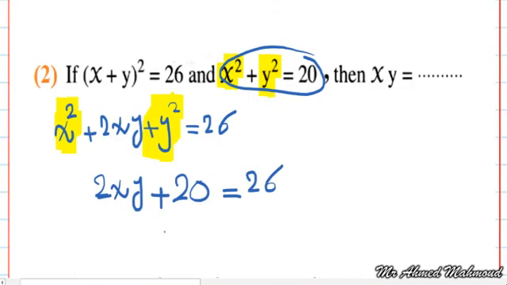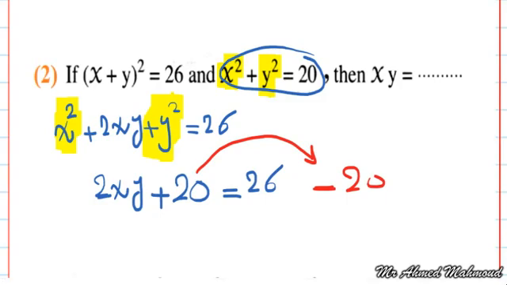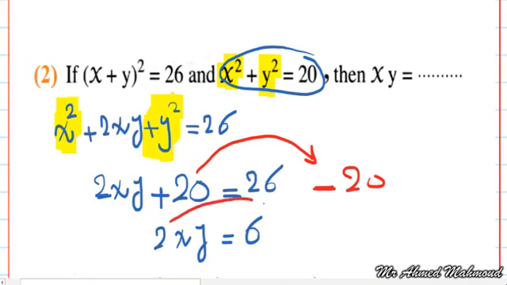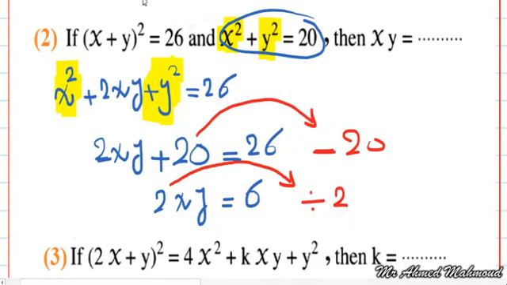Now we have an equation. We have in this equation 2 multiplied by xy and positive 20. Okay, we used to send the plus from the left side to the right side as minus, then positive 20 goes to the other side as minus 20. Then the next step will be 2xy equals 6. Then I'm going to send 2 to the other side as divided by 2. It will be xy